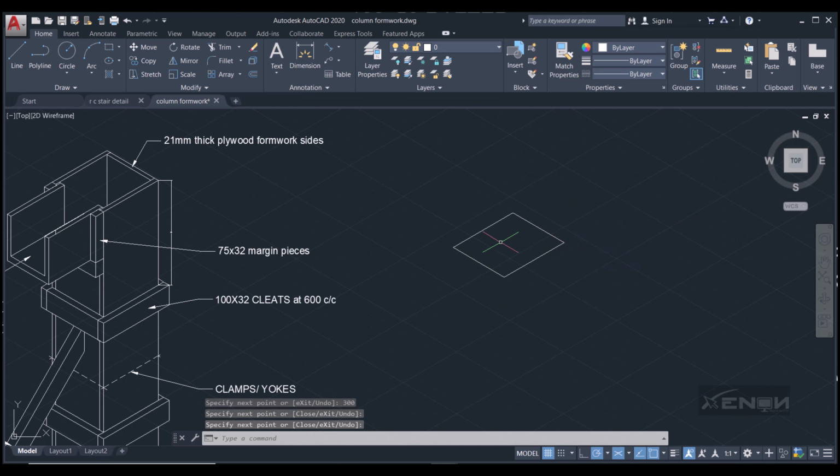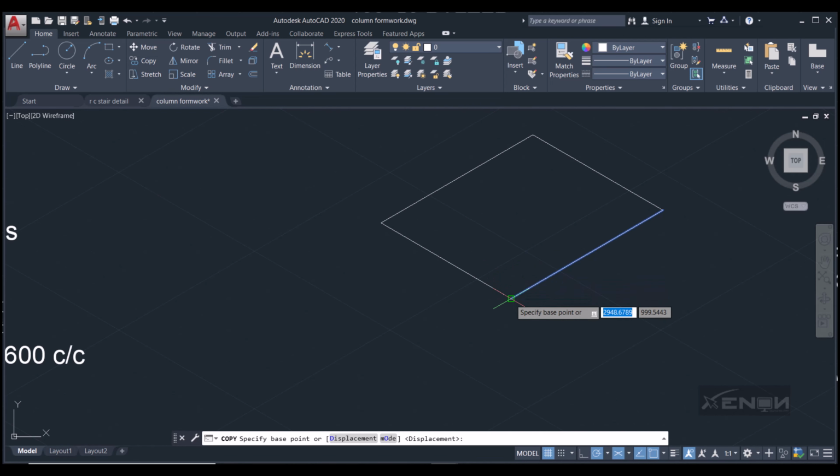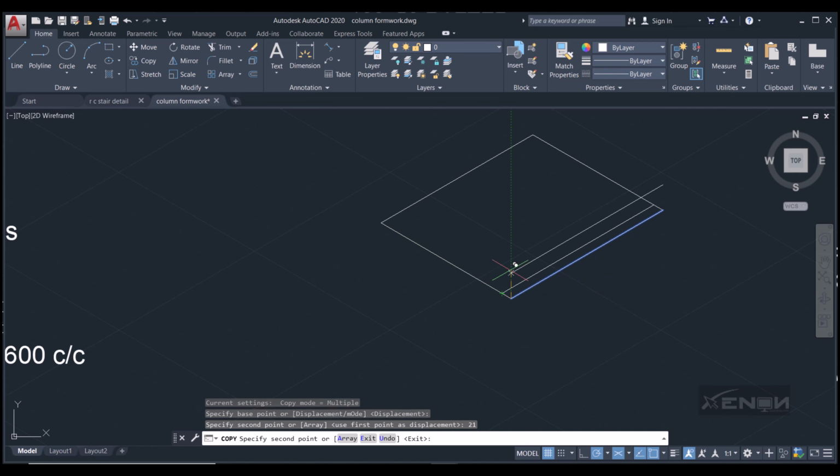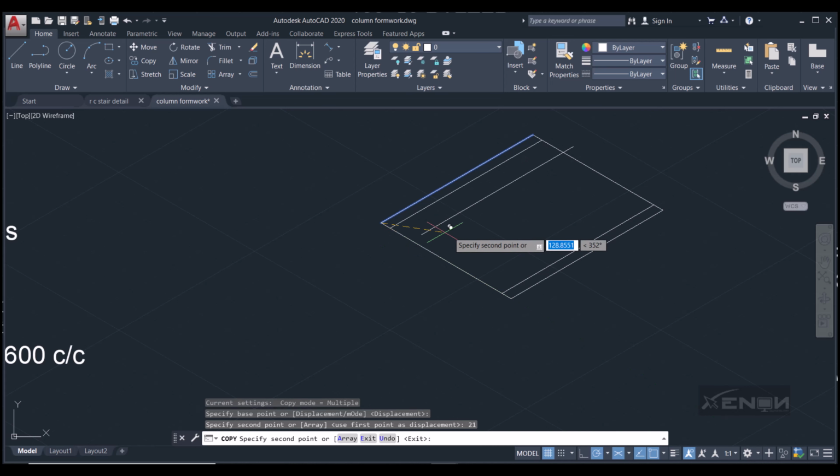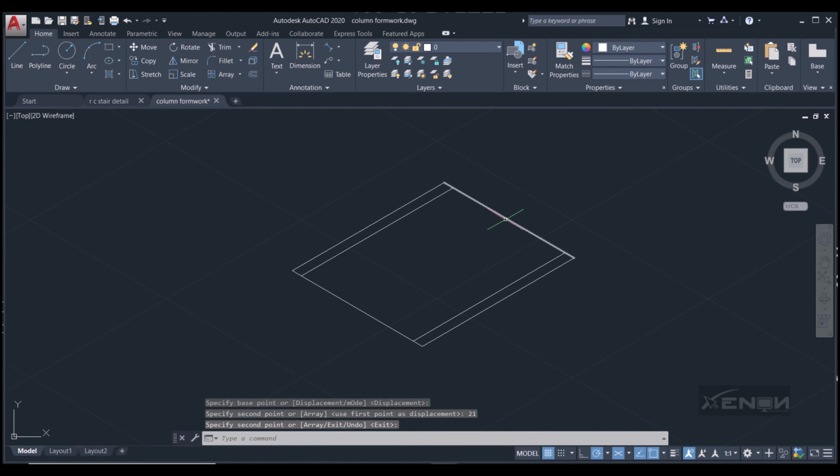So that is our box, and then I'll need to copy this guy. You can see the plywood is 21 millimeters, so I'm going to copy that guy inwards by a distance of 21. Hit enter. There you have it. So we are copying this guy too inwards by a distance of 21. Hit enter, and then I'll need to